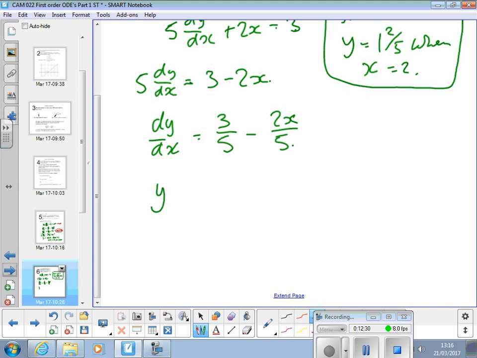So we end up with y on that side is equal to the integral of 3/5 minus 2x/5 dx. The integral of 3/5 is